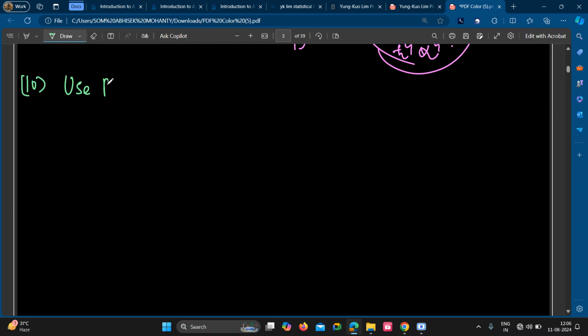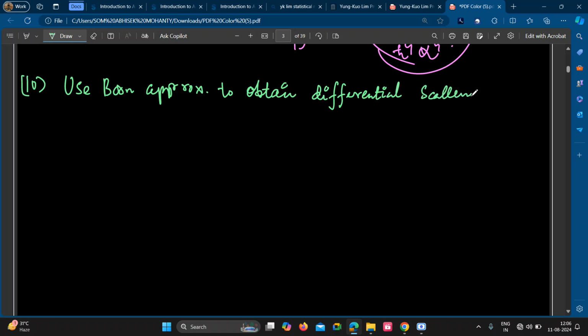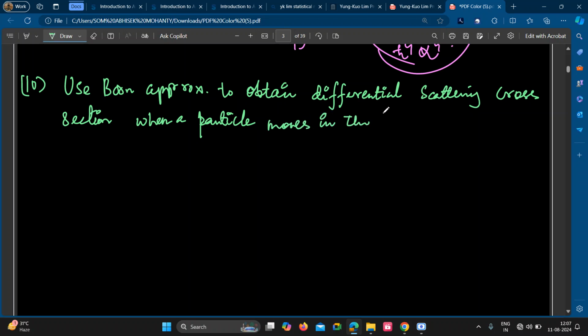Use Born approximation to obtain differential scattering cross section when a particle moves in the potential V(r),